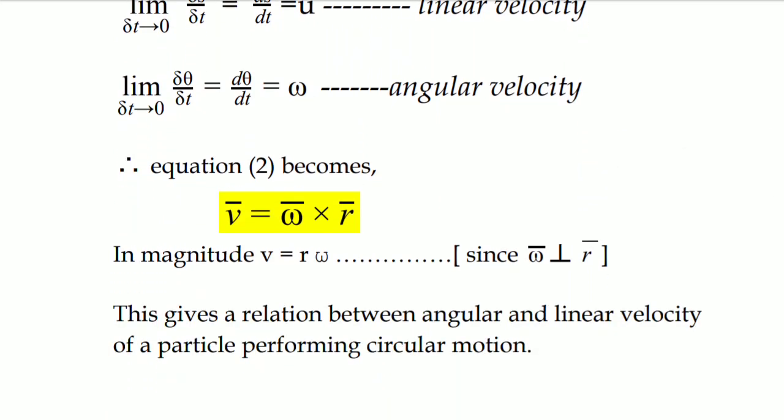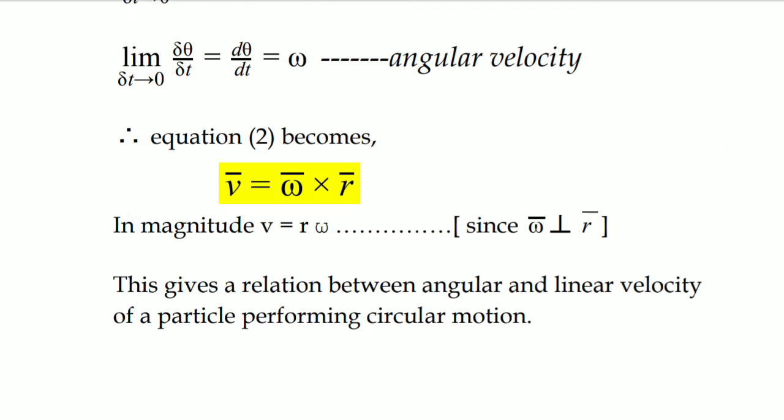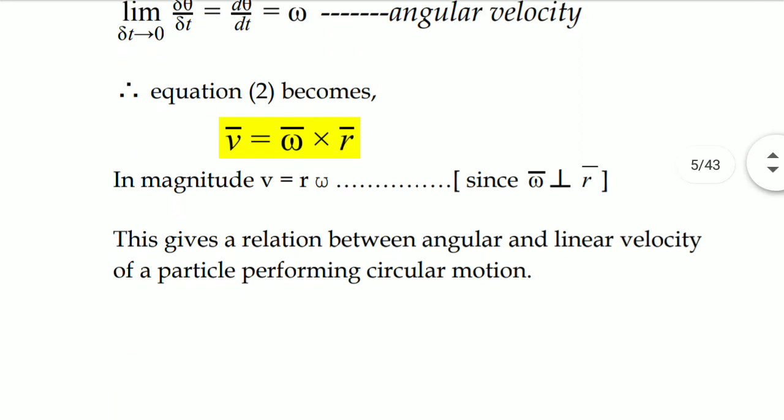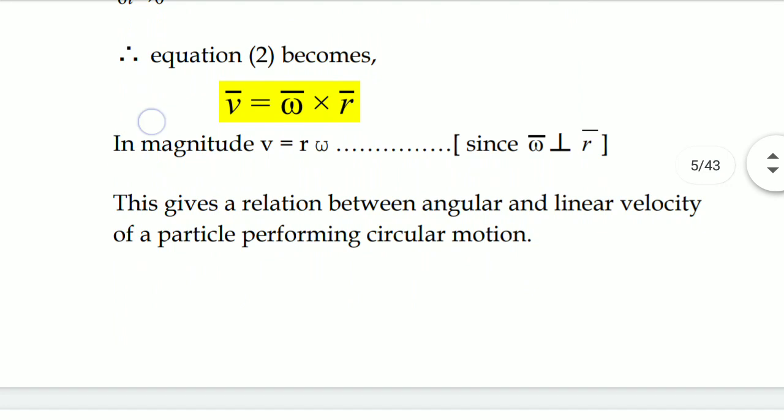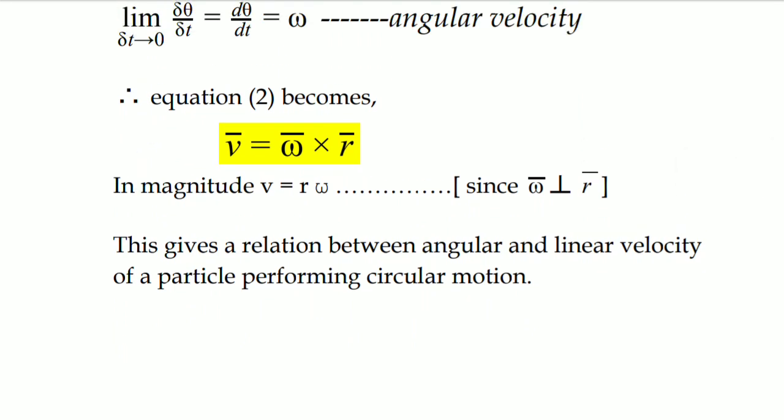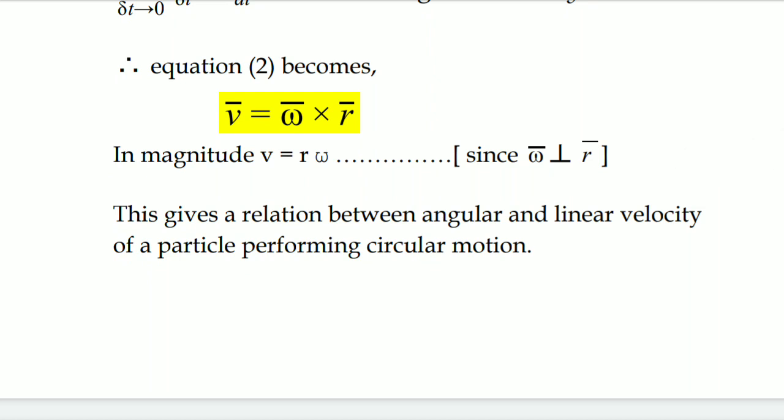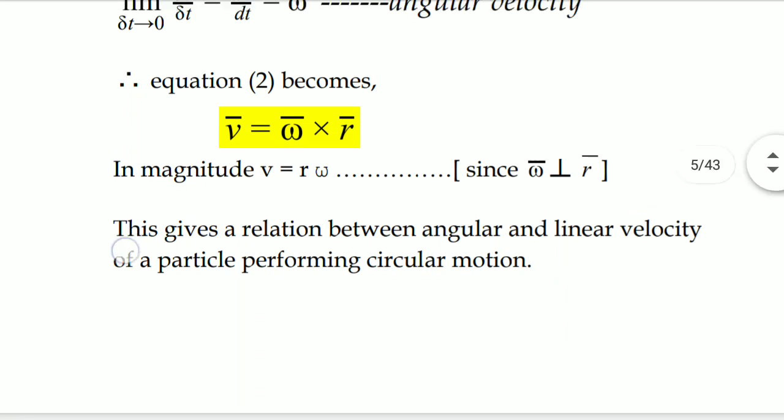Now if you once again recall the directions of omega and r, omega was perpendicular to the plane of the circular path and r was in the plane of the circular path. So omega and r are always perpendicular. Because they are perpendicular, the cross product has its maximum value, equal to AB sine theta, that is, it is only equal to r into omega, the value of velocity in terms of magnitude. So in magnitude you can write this equation as v is equal to r omega. That is the equation which we wanted to prove, that linear velocity in the case of circular motion of a particle is given by v is equal to r omega.